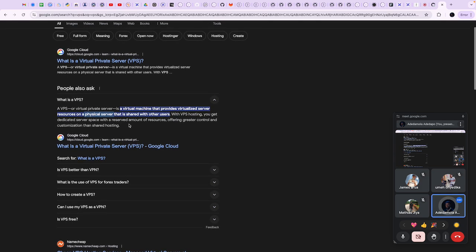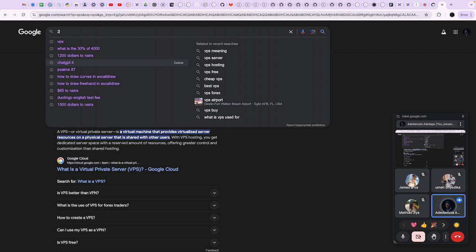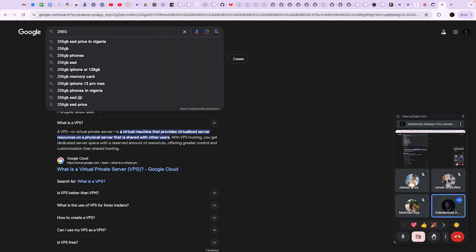I don't know if you were in the last class, but I explained that what this means is that you have your computer with a 256 gig SSD or